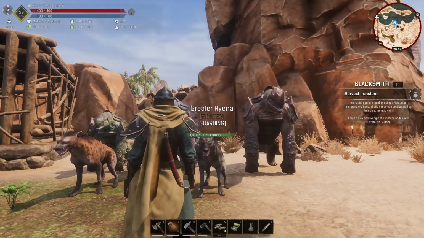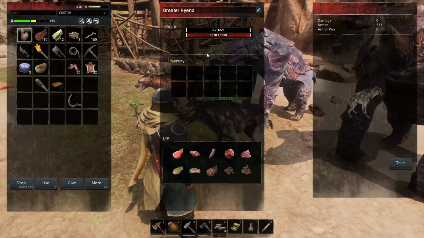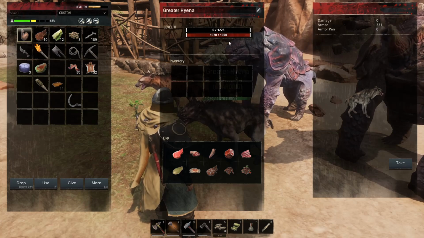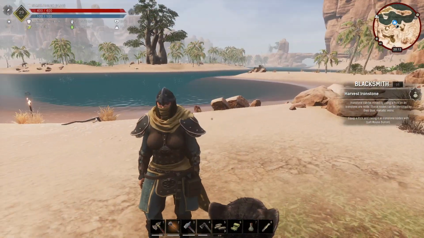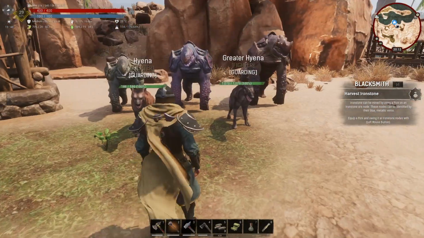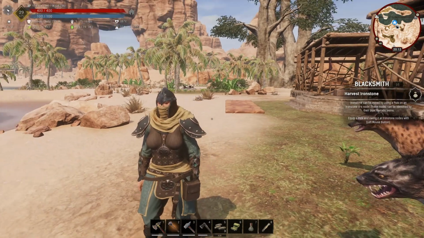Shellbacks are all about defense and health, where hyenas are all about the speed of the attack. And they don't really have the greatest health pool either. Even though that is 1,000 to start off with, it doesn't really go up much after this. I think the highest I've had is 2,000 health on a greater hyena, or at least a skinned version of it. And that's about it. And then of course we got our horse and our gazelle over there, and that, ladies and gentlemen, is taming in a nutshell in